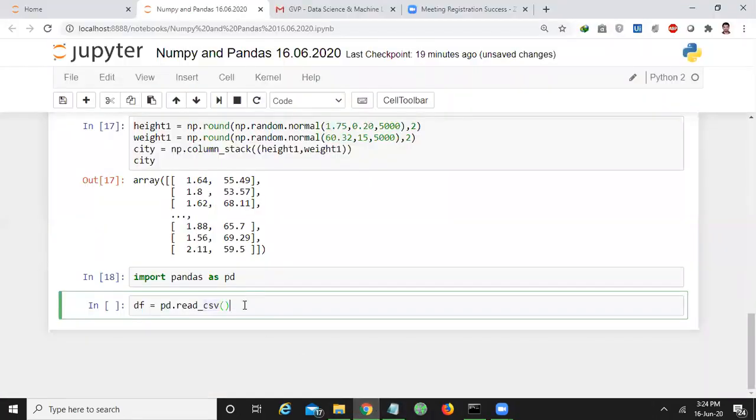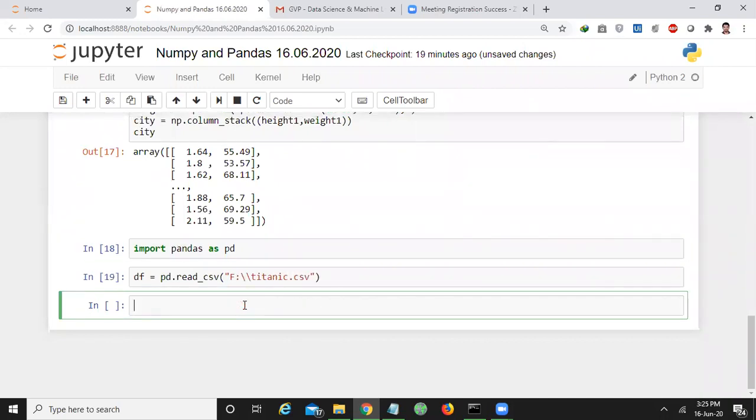So now I want to load that data set. You have to start with double quote, F drive colon slash, Titanic dot CSV. So successfully you have loaded the file into your data frame. Here you may ask, sir, why do we have to load into a data frame? Because a data frame has many functions to do studies on the data set.